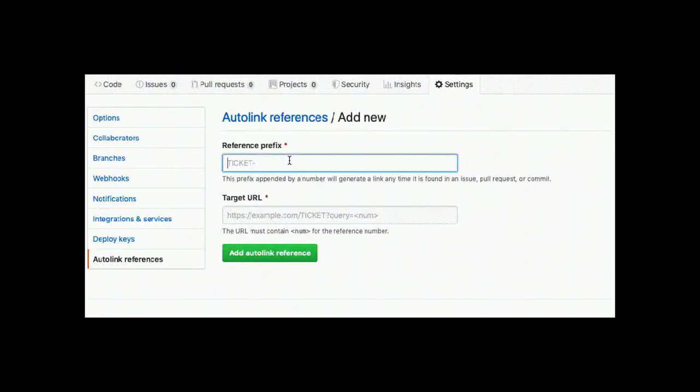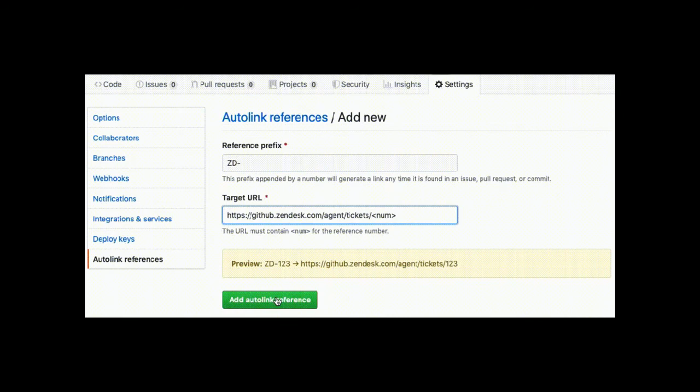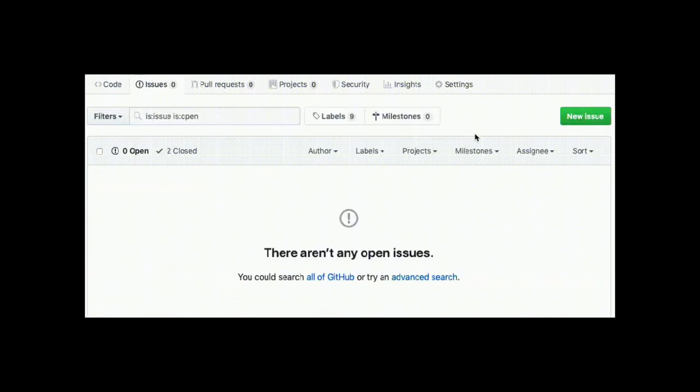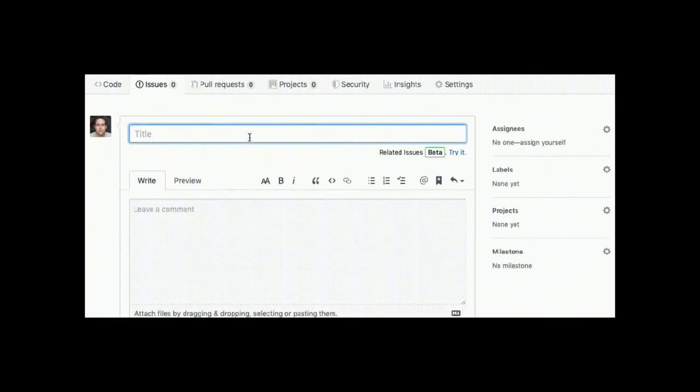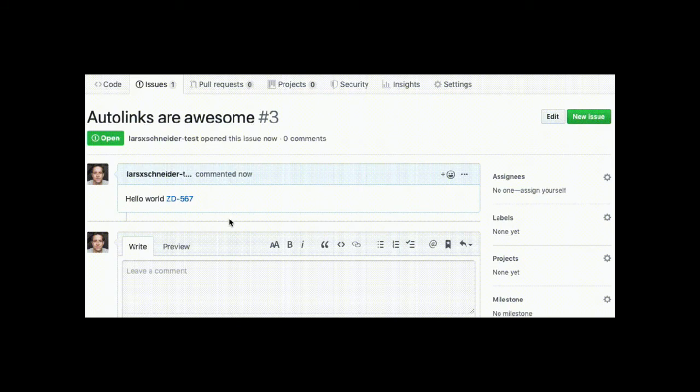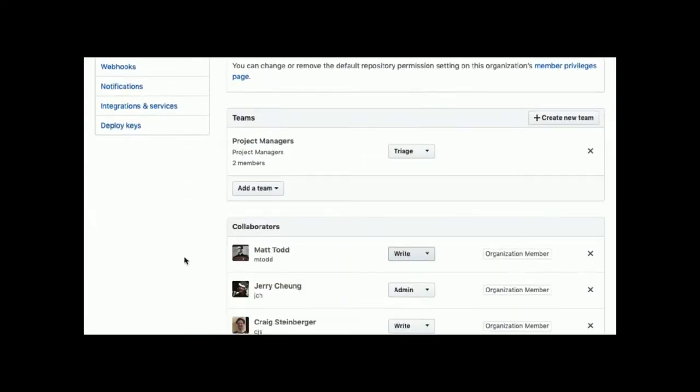Another thing that we're now able to do is link to other sources of, say, issue management. In this case, it's a quick GIF. They're setting it up with Zendesk, but you're able to set it up so that if someone types ZD dash and then some numbers, it'll create a link to those different tickets. So if you use a system outside of GitHub issues, you're able to create quick references to those things, which is really, really helpful, because it provides context to what the pull request is for.